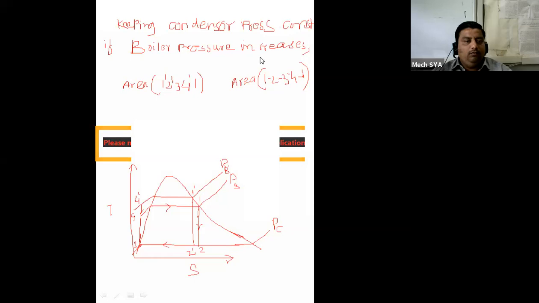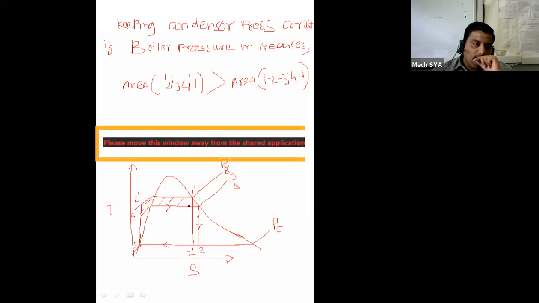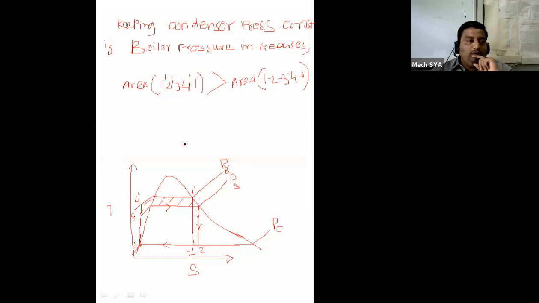Area 1 dash is more. Very good, Prerna. Again, others please reply. This area is going to be more. Therefore, if boiler pressure increased, this hatched area will definitely be more. We can subtract this, but it is a very small quantity, because points 1 and 1 dash will be very close to each other, but this span will be more. Therefore, this much area minus this, so this much work will be more.